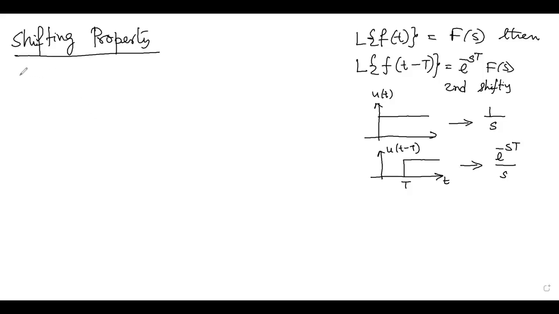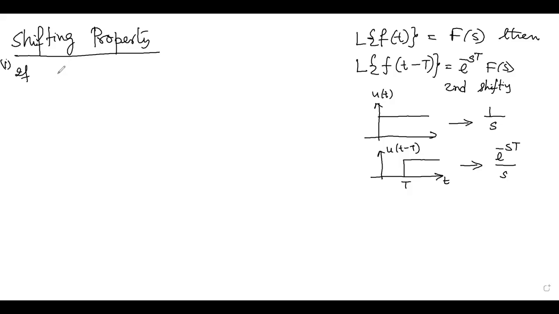Basically there are two types of signals: the signal may be two-sided, or it may be one-sided. Two-sided means the limit will vary from minus infinity to plus infinity. One-sided means the right side signal, and in that case it is called a one-sided signal. Now, first, let the signal be two-sided, both-sided.